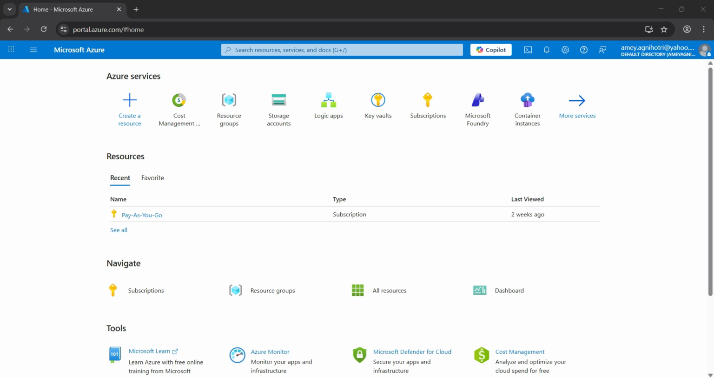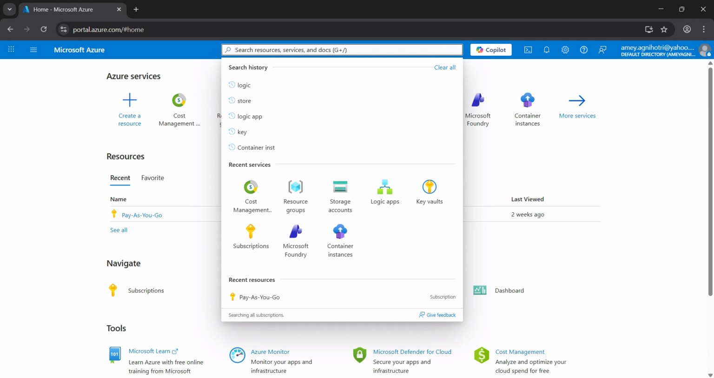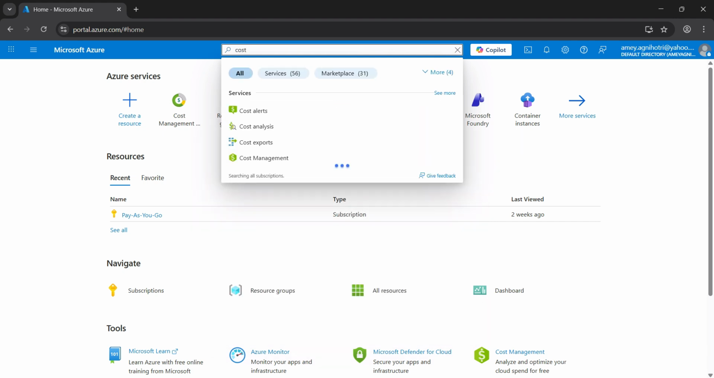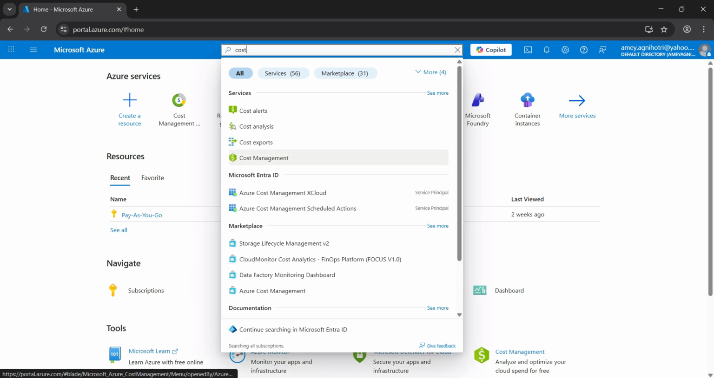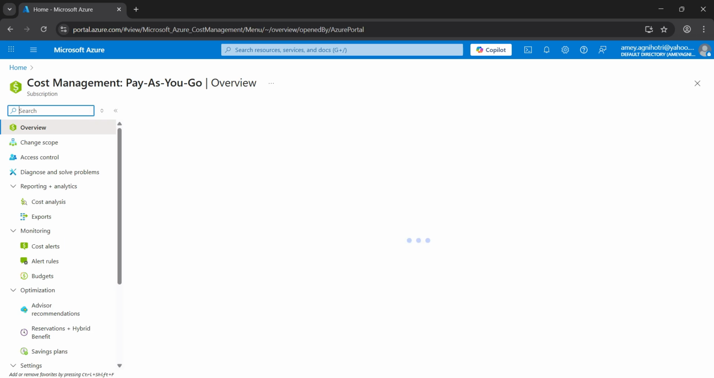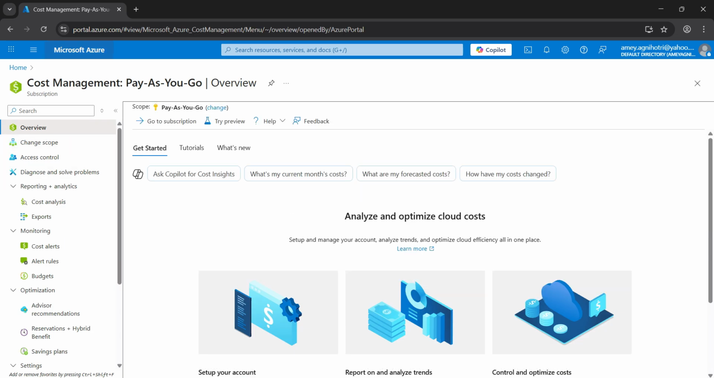Once we log into the Azure portal, we'll be navigating to the landing page or the dashboard of the Azure portal, which looks like this. From here, there are multiple ways to access Azure Cost Management, but the easiest and fastest way is to use the global search. You can simply search for cost and it will filter this Cost Management option. You can simply click on Cost Management